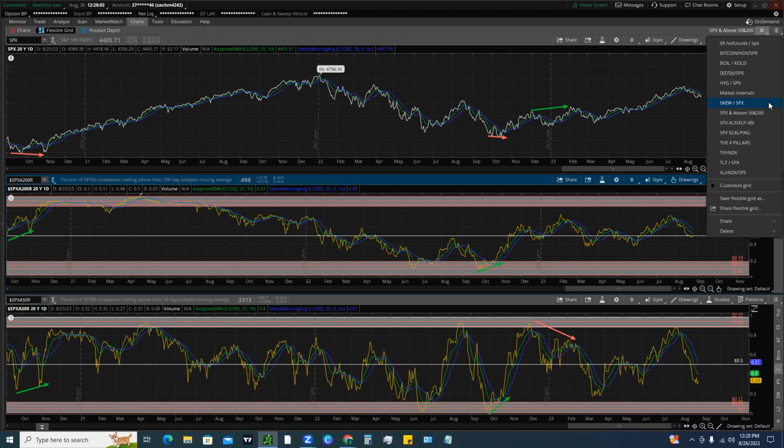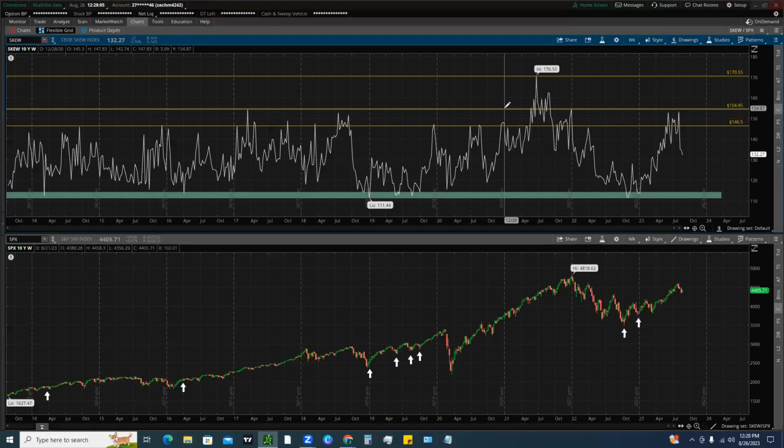Let's take a look at something else I like to look at. This is the skew, and this is the S&P 500. The skew is essentially your oh-shit indicator, right? When you see this skyrocketing upwards, oftentimes that means that there's a panic in the market. That's a time when a lot of people are panicking and pricing in huge downside, right? So these tend to almost mirror the S&P 500. And that may seem backwards given the way that the indicator is set up, but what it is